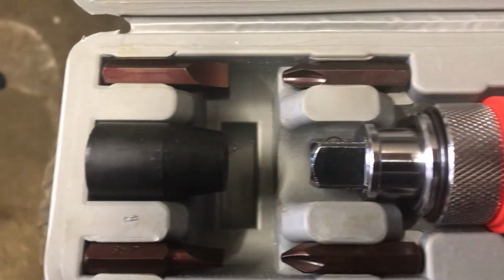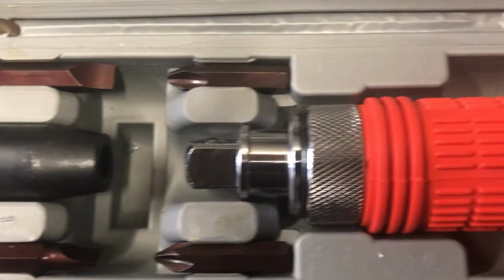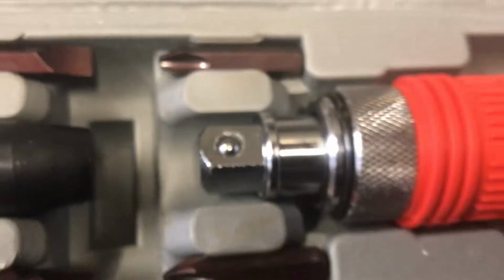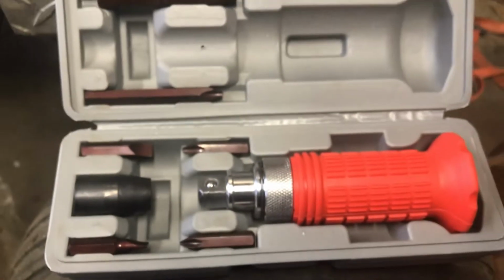So today I'm going to go ahead and use, like I said, the impact screwdriver set. I bought it at Harbor Freight, I think for $8.99. Which this is my first one. You know, I'm not trying to do a huge review on the tool. I'm just putting it out there that the tool's out there because I didn't even know about it, and I've